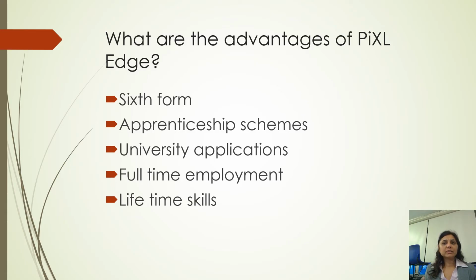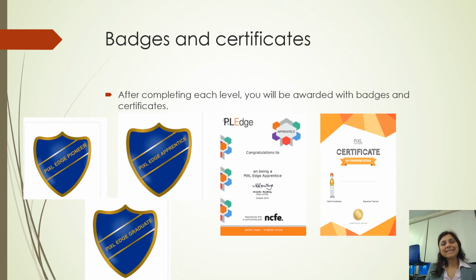All the 5 skills are so valuable to make you what you are and take you far in life. And again, organization is such a key skill in everyday life as well as employment, education, and so on. So if you're not organized, if you're not making timetables, if you're not revising, it affects your grades. And like I said, at the end, once you have done each activity for each